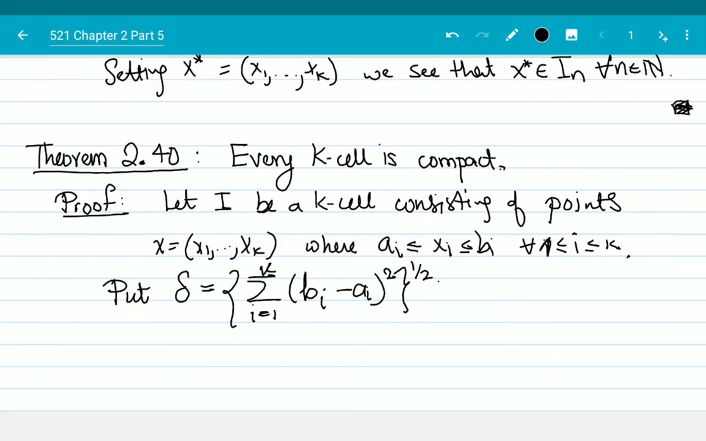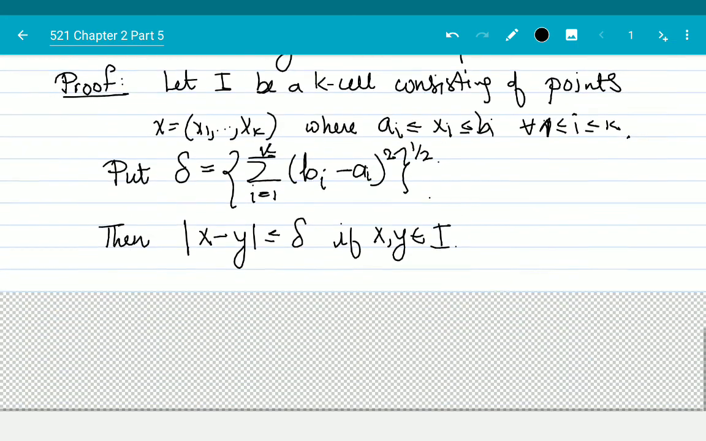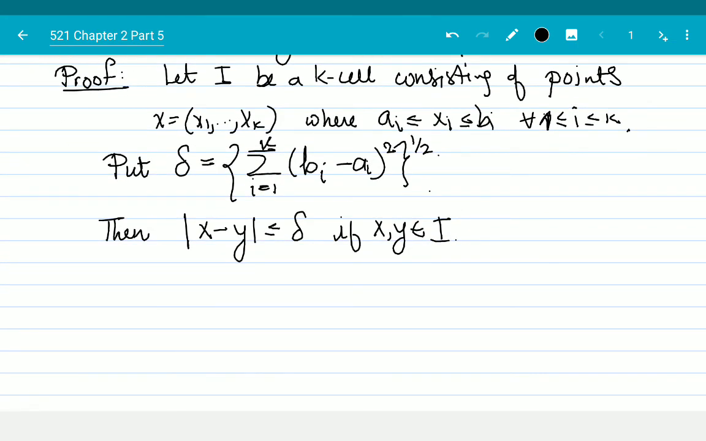What does that mean? Since this is the maximum distance of each interval, anything inside the cell is going to satisfy |x minus y| ≤ delta if x, y belong to I. Now of course the other way is not true. I can take two points far away and they might satisfy this condition, but they might not belong to I. Okay,